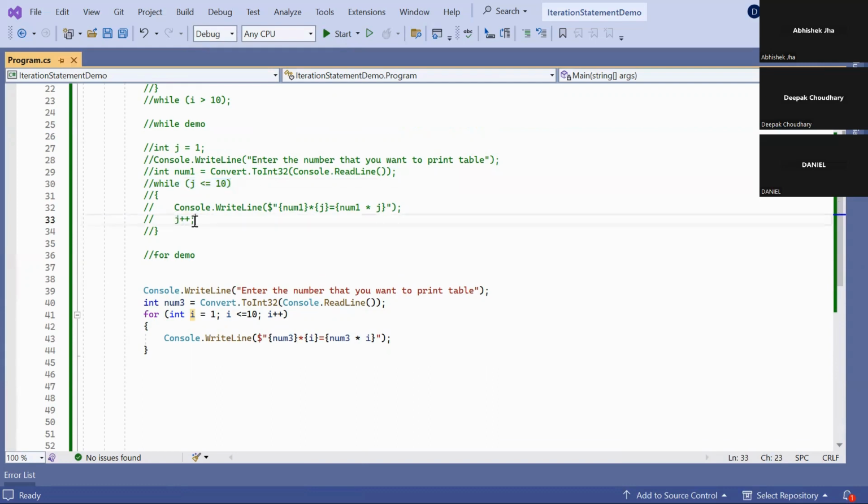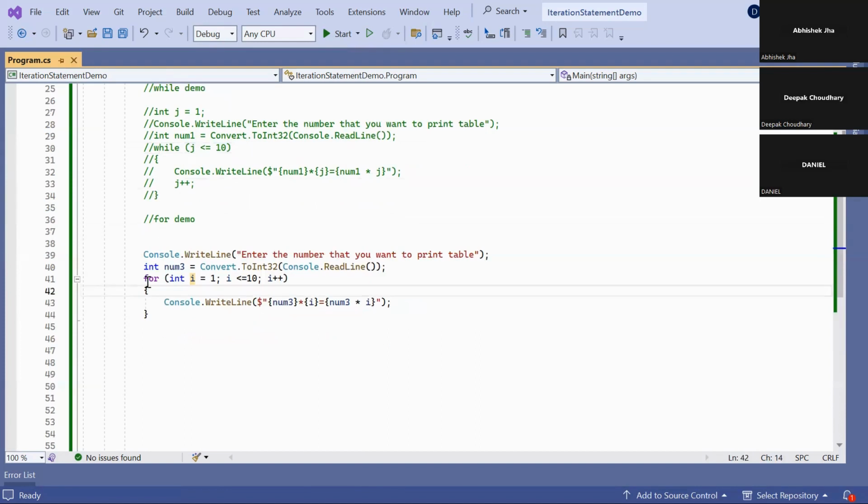If that increment or decrement is not defined, this loop will go into an infinite situation. So these three kinds of declaration need to be there in your program for you to perform a while or do while statement. Here in the for loop, you can declare all the components required to fulfil the loop, condition, and increment or decrement in a single line.